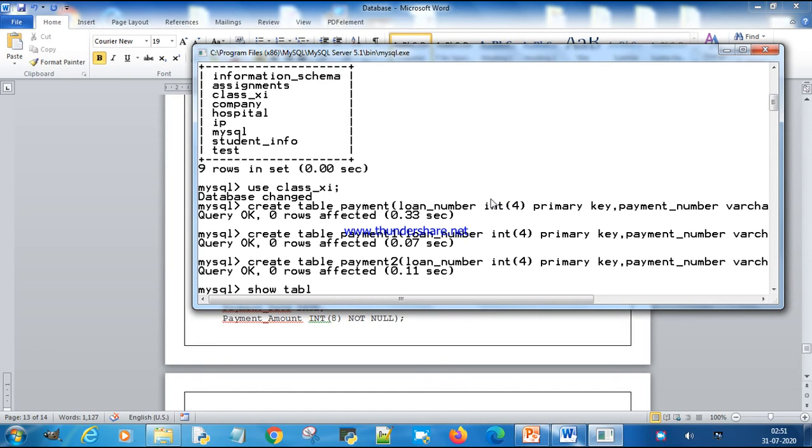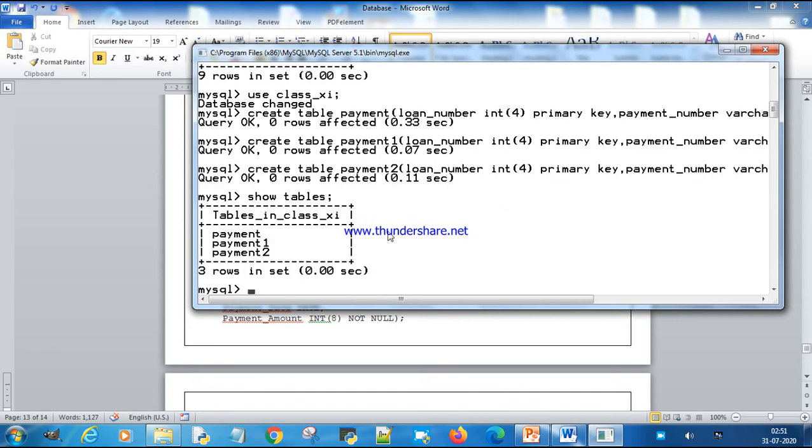Show tables. See, tables in class11th, this is your database name, and these are the tables. It means these are the tables that already exist in the class11th database.